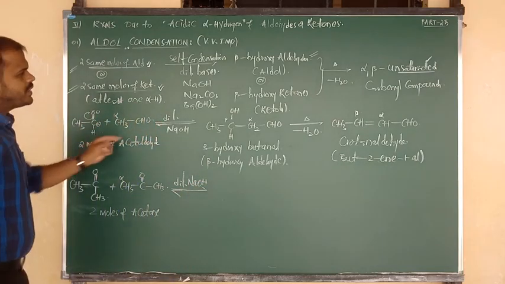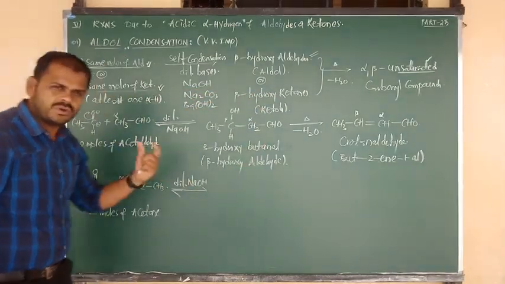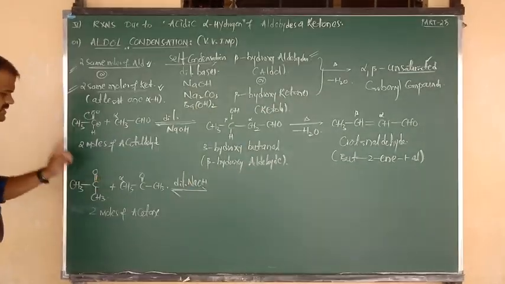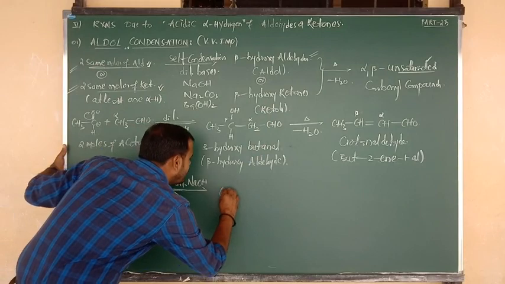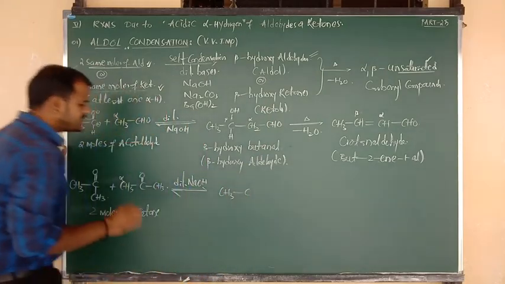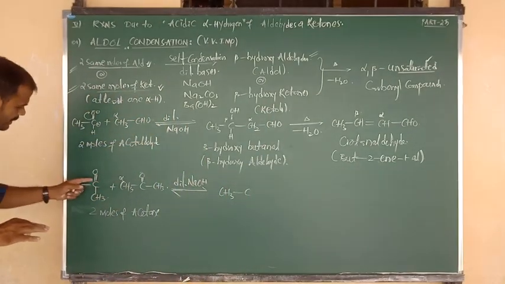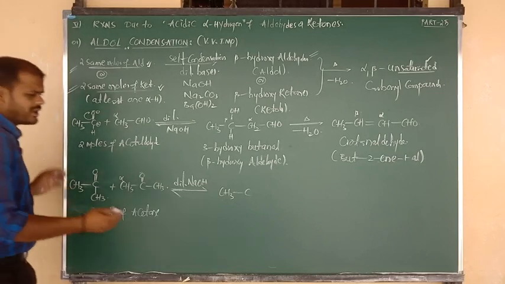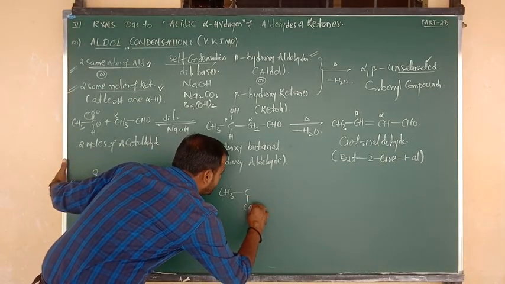Now what are we going to get? Beta hydroxy ketone. So how? Same thing: CH3 bond, C double bond O. I am going to write it here as it is. I have written CH3 bond C, but below the plane CH3 is there. Yes, you can write it as it is, from below the plane CH3.